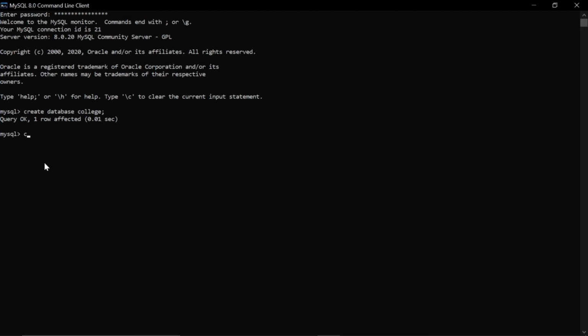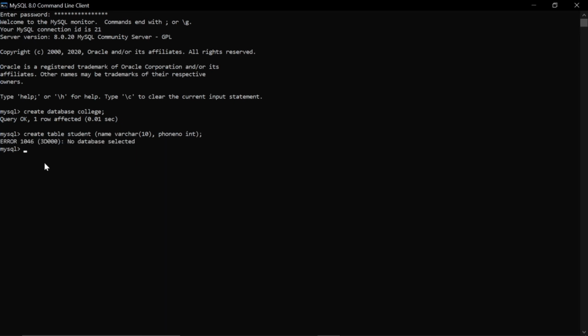So we are creating the table. Create table, let's suppose the name of my table is student, and the columns are name, with the data type which I am using, and phone number, and the data type which I am using for phone number is integer. You can write as many columns as you want, and with each you have to specify the data type. It is compulsory, or else it will not work. And at last the semicolon.